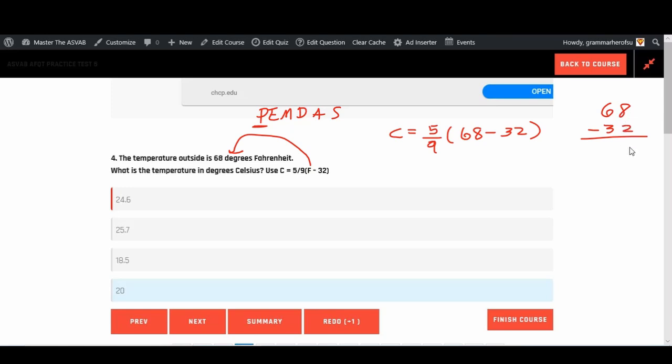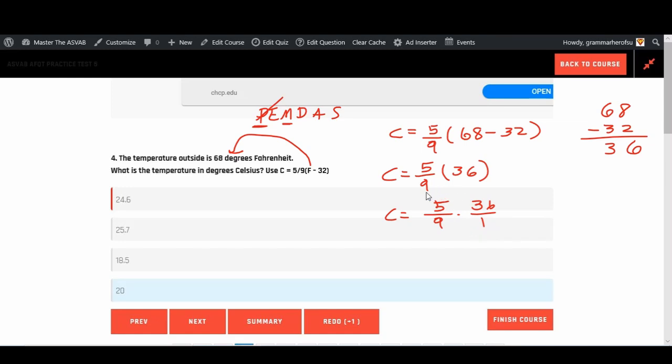So 8 minus 2 is 6. 6 minus 3 is 3. We can see that this is going to be 5/9 times 36. And again, we got the parentheses done. Now all we have left is multiplication. I'm going to show you the easy way to do multiplication with fractions. You can regard this as 5/9 times